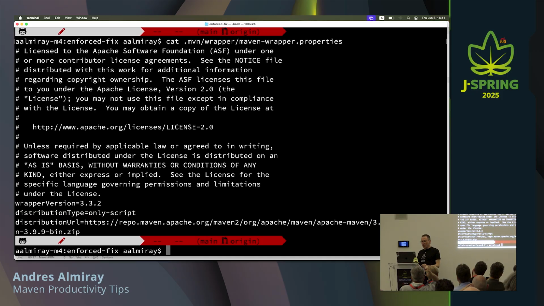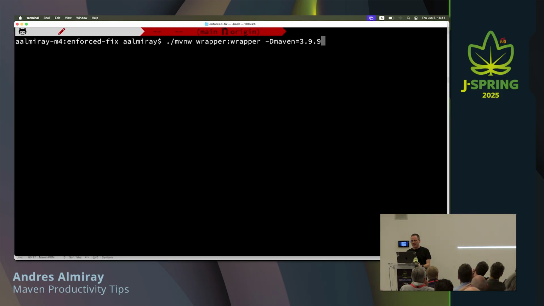So the other way to invoke the plugin will be, does anyone know the long way to invoke a plugin? Okay, so you have to know what is the group ID, org Apache Maven. And I think in this case will be plugins. Then this will be the Maven wrapper plugin. You have to give it the artifact ID. And then you pass in the version number. If you don't, it will be latest. And then you specify the goal.